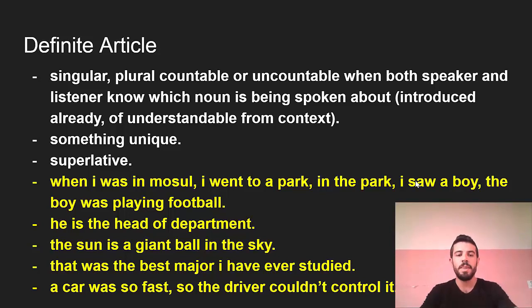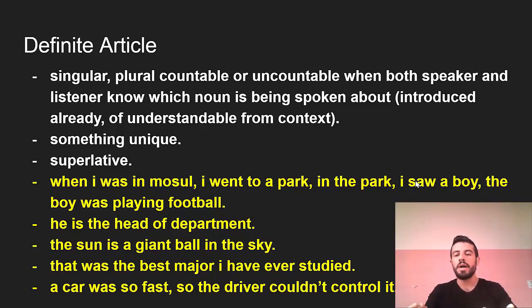I will give you an example. Or something unique, when we talk about something unique. And also superlatives, like best or something like this. When I add a superlative word, we also use the. For example, here, when I was in Mosul,